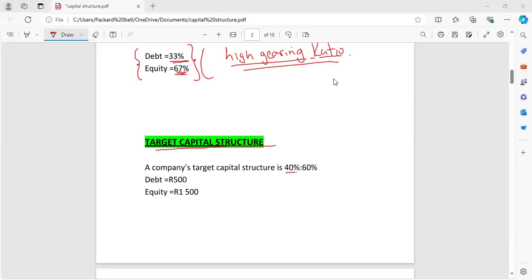Right, so that's basically here. When you look at the target capital structure, you are looking at what you expect the business to be financed through. Like here, the business should be financed through 40% debt and 60% equity. So that's the target capital structure. So as a management accountant, every time you calculate your capital structure, you should also compare it with the target capital structure. Did you deviate much from the target? Like in this case, let's say the business target capital structure is 40% to 60%. Then when you are required to make a comment,